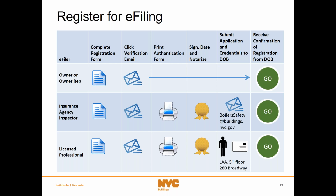For insurance agency inspectors, you will also complete the registration form and submit it. You'll receive a verification email. When you click the link in that email, it will take you to a summary page, which is called the authentication form. You'll print that form, sign, date, and notarize it, and then submit your application and your credentials to the DOB via email at boilersafety@buildings.nyc.gov. Once the DOB has reviewed your information, they will let you know when you've been confirmed and can start